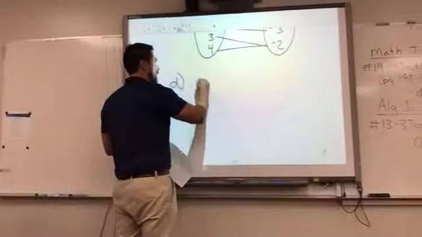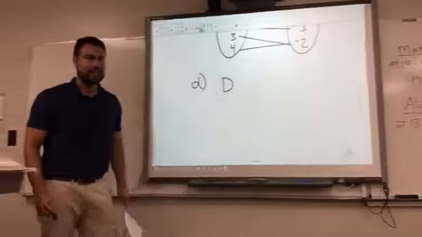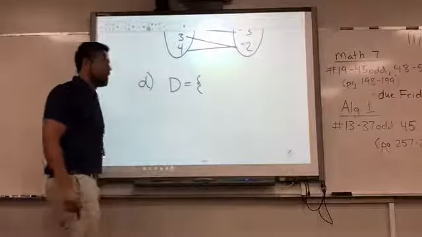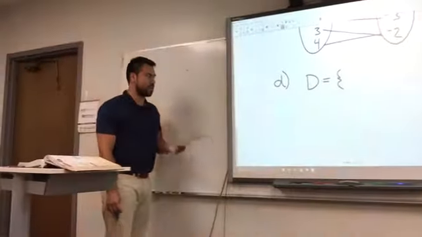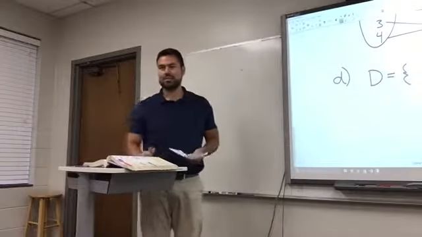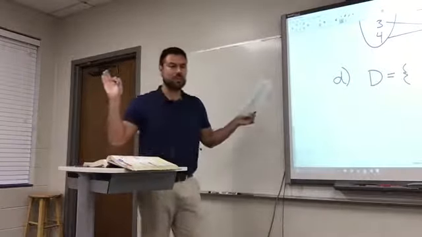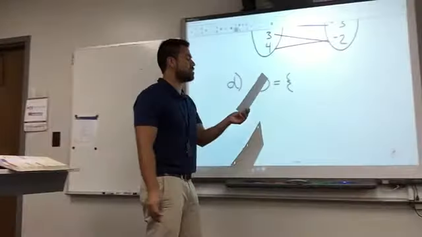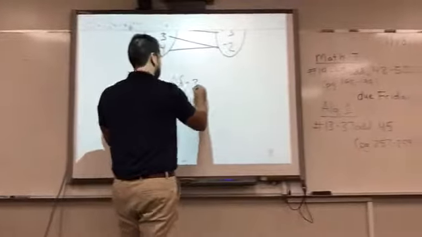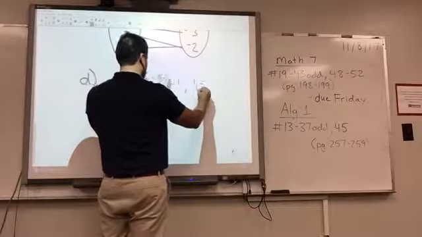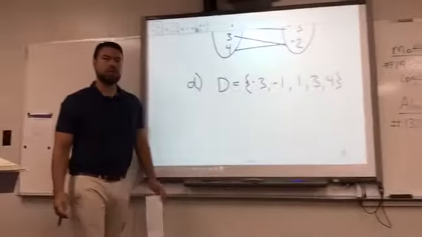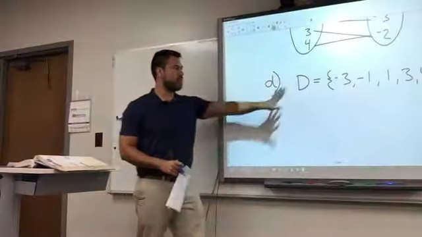So the domain, I'm going to put a capital D. I'm going to put equals, and then open brace, and list these out least to greatest. You will list these out least to greatest. So D's the only one I want least to greatest. What are the X values from least to greatest? -3, -1, 1, 3, 4. Do I list any of them out more than once? No. In the domain, do not repeat.